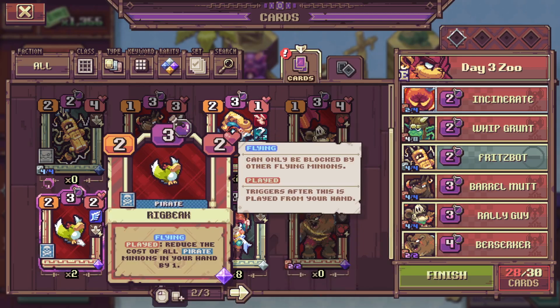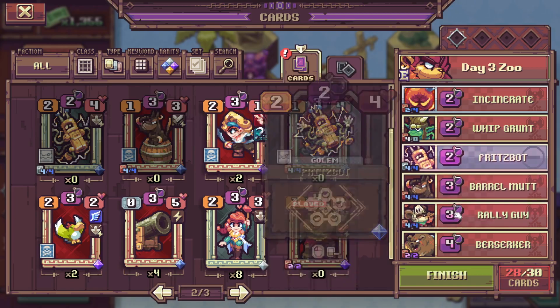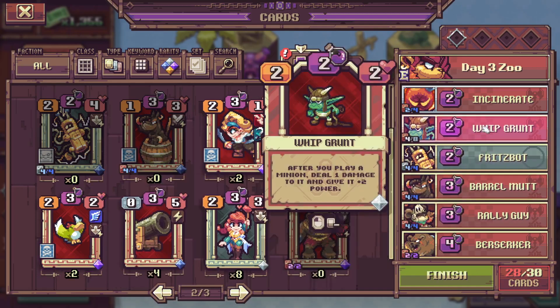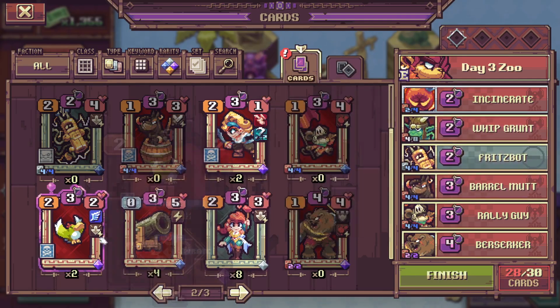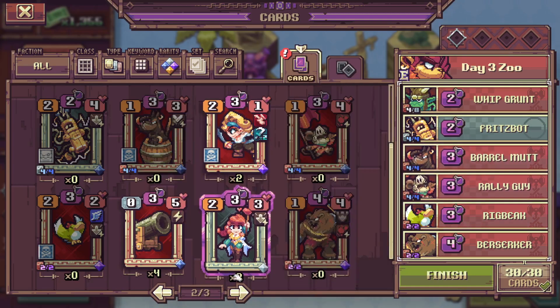Do I want the 3 mana 2/2 flyer? This could be a good way to just get a bunch of easy chip damage in. I play him if I have... One of these days I'll remember what the guy's name is. If he receives a buff from Rally Guy, that's scary for the opponent. A 3 mana 3/3 flyer, 4/4 flyer, that's really frightening. A 3 mana 4/1 flyer, that's really scary. Maybe two's not bad. I think I'll play 2 of them, and that's all I got room for at base